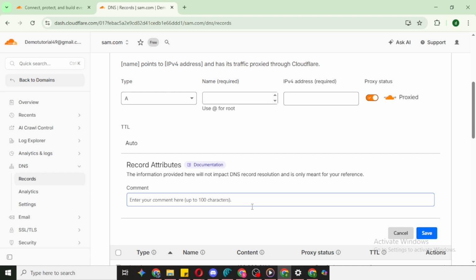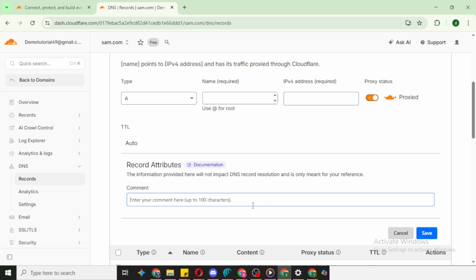Changes typically apply quickly on Cloudflare's side, but full DNS propagation on the internet can take a little time. If you don't see it working right away, give it a moment and then test again. Also remember that local DNS caches and your browser can hold on to old results. Testing in a private window or on another network can help you see the update sooner.